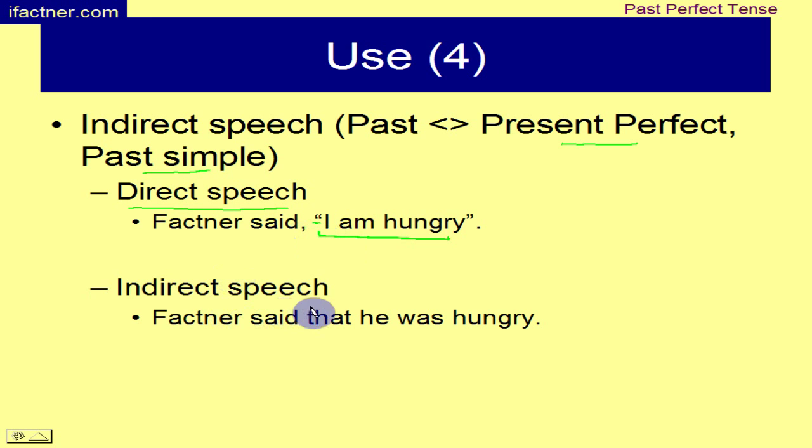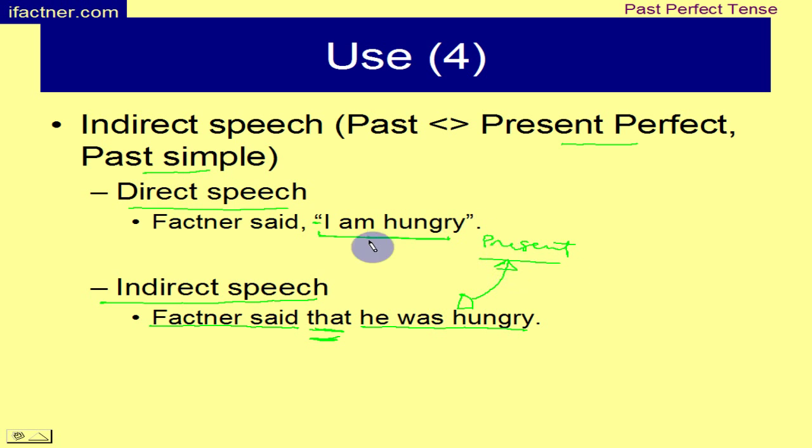And if we want to convert it or write it in the indirect speech, then we would write Fechner said that he was hungry. So you see that here the present simple tense is changed into past simple tense,